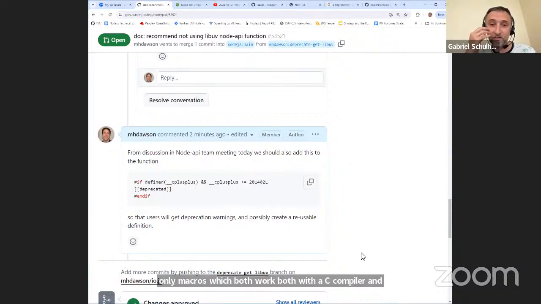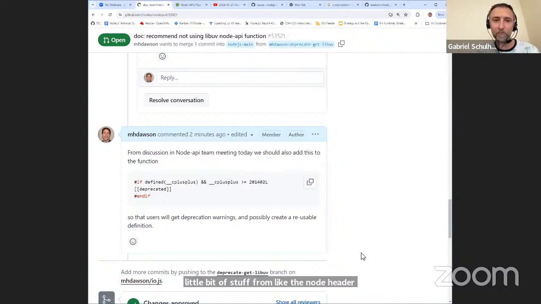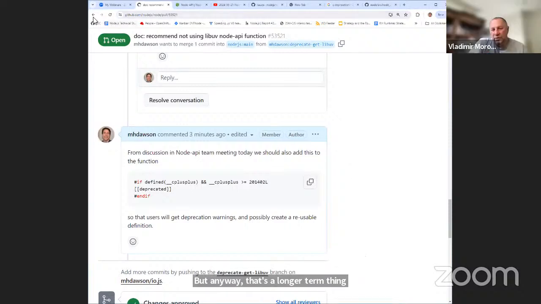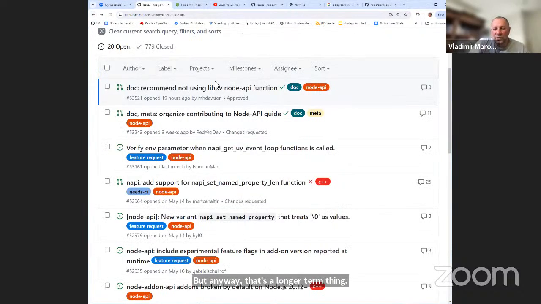Then some of this infrastructure we can reuse between Node's regular headers, internal headers, which are assumed to be compiled using C++, and our headers, which must work with C compilers. We're already copying a little bit of stuff from the Node header infrastructure. But anyway, that's a longer term thing. I think it would be great. Like you said, copying definitions is not good. Right?